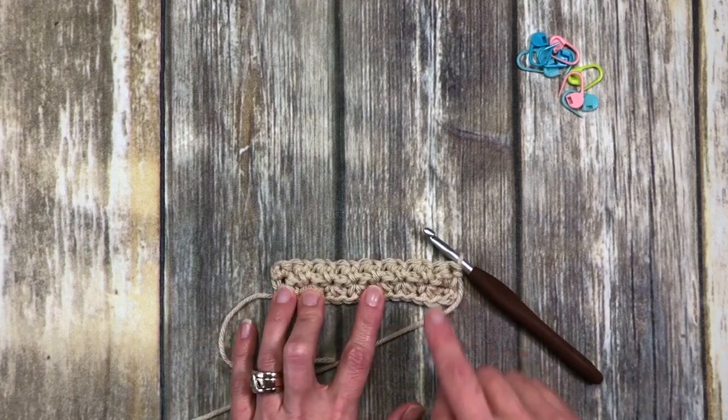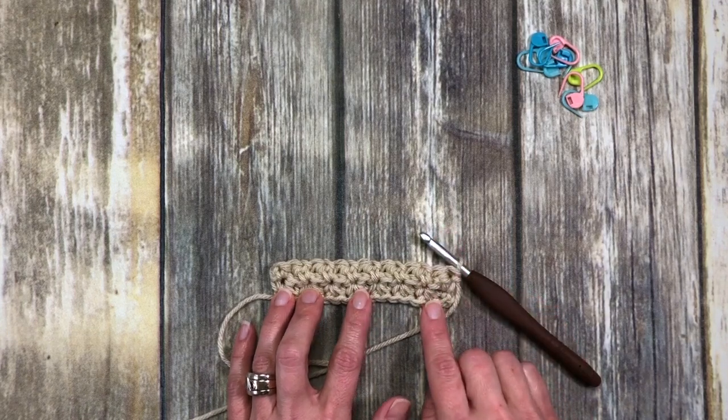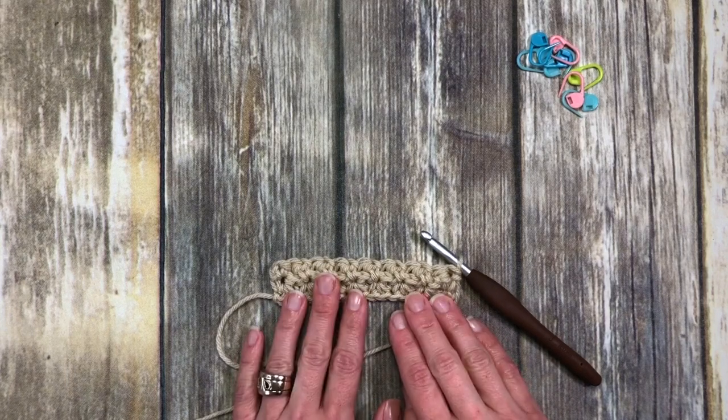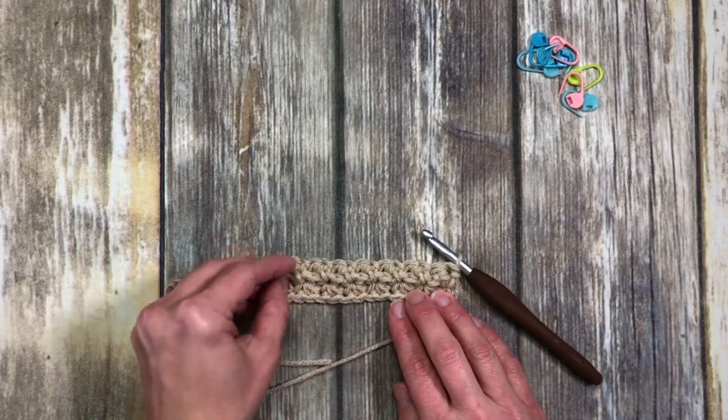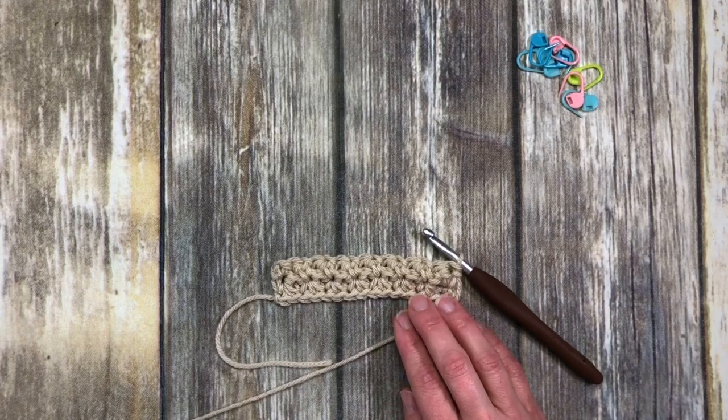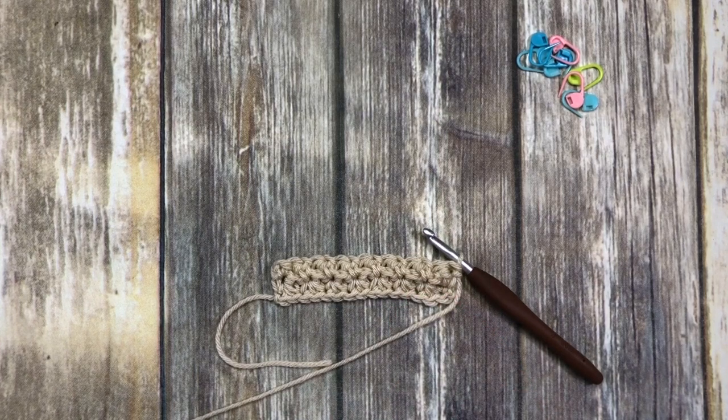When I first started working the stitch, it took a few rows to remember that. So give yourself some time, and working up a gauge swatch is a good way to get to know the stitch and make sure you're on gauge, but also you'll remember that before you start your sweater or your big project with it. I hope that was helpful,